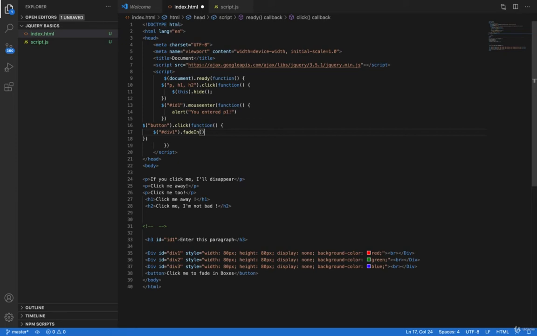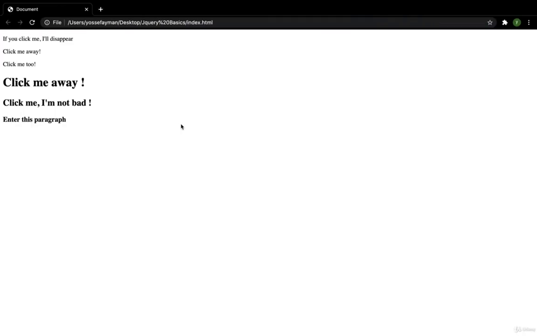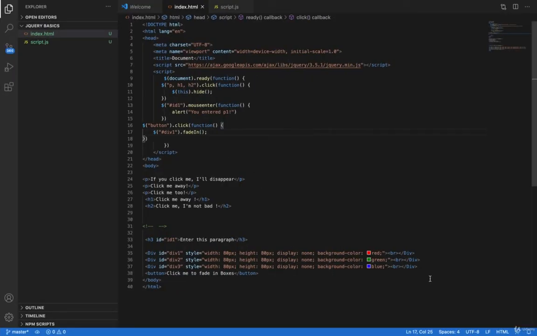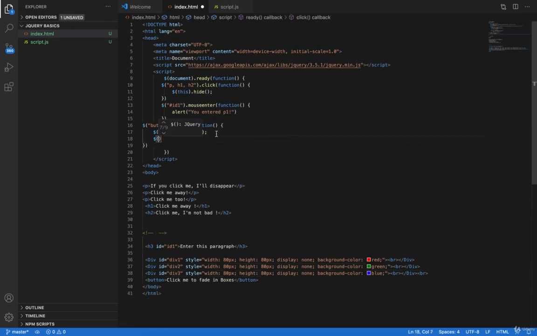You have to make these parameters. Let's go here. When I click here, now I have this box. Great. I can just break the line here again. Then here for the next div, $, and here div2. I want to fade in,